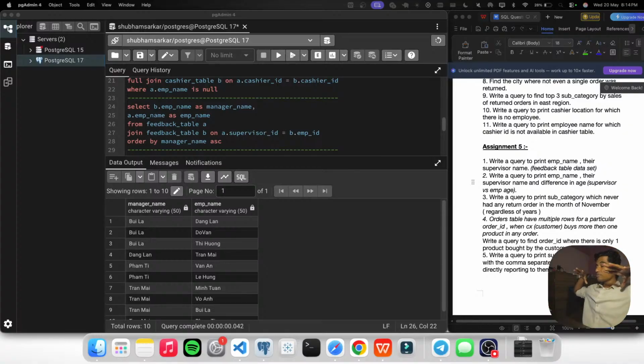तो टिल हियर किसी को कुछ भी डाउट हो प्लीज़ आस्क योर डाउट्स इन दिस। तो किसी को कुछ भी डाउट हो लाइव स्ट्रीम में रिलेटेड टू सेल्फ ज्वाइन और रिलेटेड टू असाइनमेंट नंबर 5 क्वेश्चन नंबर 1, प्लीज़ आस्क योर डाउट्स इन दिस। किसी को कुछ भी डाउट हो लाइव स्ट्रीम में प्लीज़ आस्क योर डाउट्स। तो एनीबडी हैव एनी डाउट्स इन दिस,